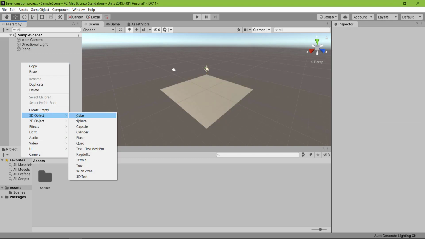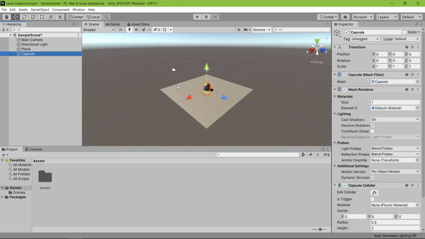And now let's create a capsule. Right, and we can keep this as a reference to our player object. Let's set the y value to 1 so that the player looks like it's standing on the plane, and we want to make this player walk around on the surface of this plane.